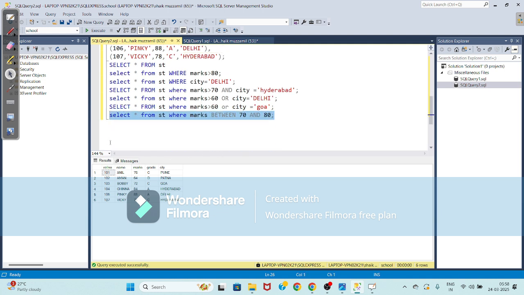Let us execute this. Okay, so only 3 students have marks between 70 and 80. So the between operator has been executed.